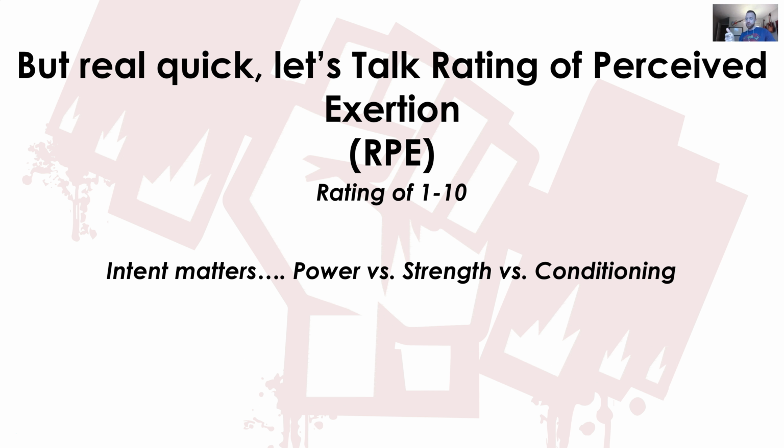What I'm really talking about is, number 1, let's go back to the 1 to 10. So 1 would mean absolutely no effort at all. I don't even know what that would be. It's never going to be on one of our training programs. A 10 would mean absolute maximum effort. We could not repeat that again. And it's before technical failure. So a 10 would mean that is the last rep that we could possibly do.